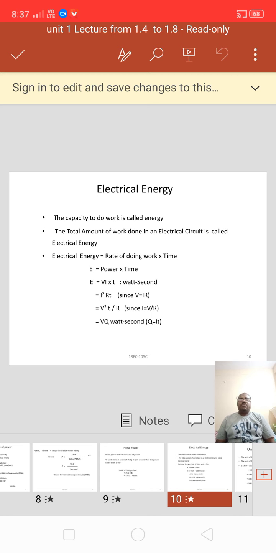Next, we learn about the electrical energy. First of all, what is meant by energy? The capacity to do work is called energy. Generally, energy means,